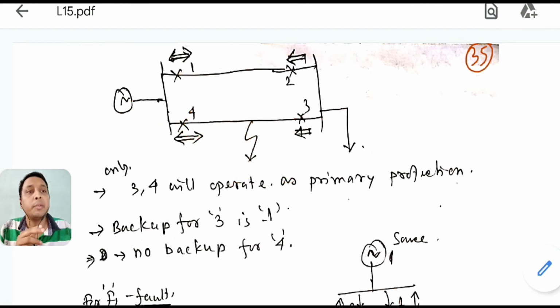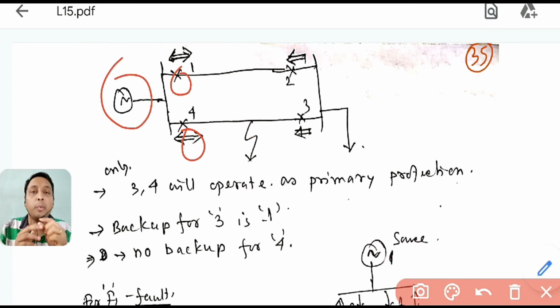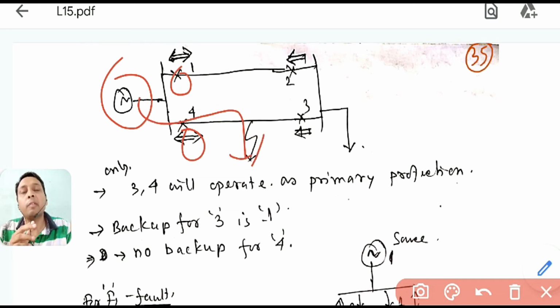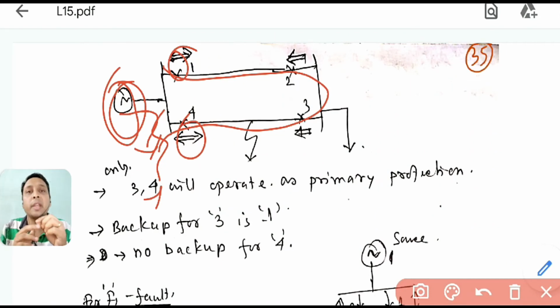So you always remember, generally on the generator side, the relays given are simple, bidirectional relays that should operate in both directions on the source side. Because from the source side, we want to protect from either direction. If current is flowing in this direction, then also it will trip. So the relays which are close to your source will always be simple, bidirectional relays.